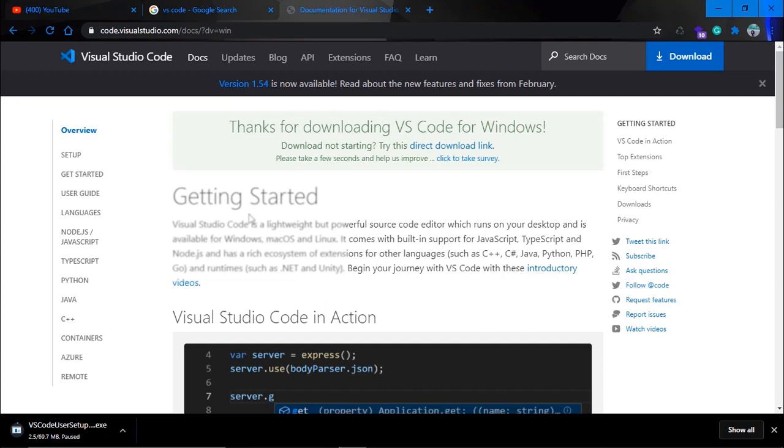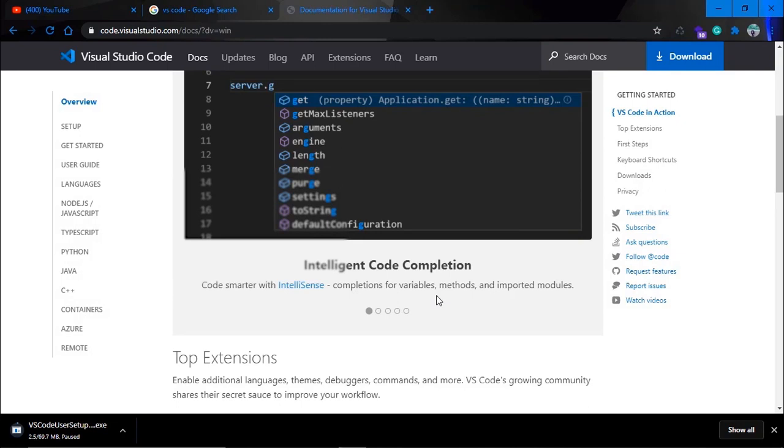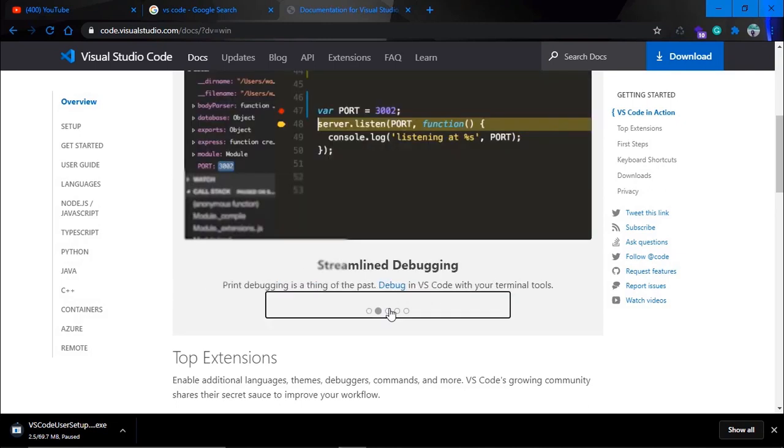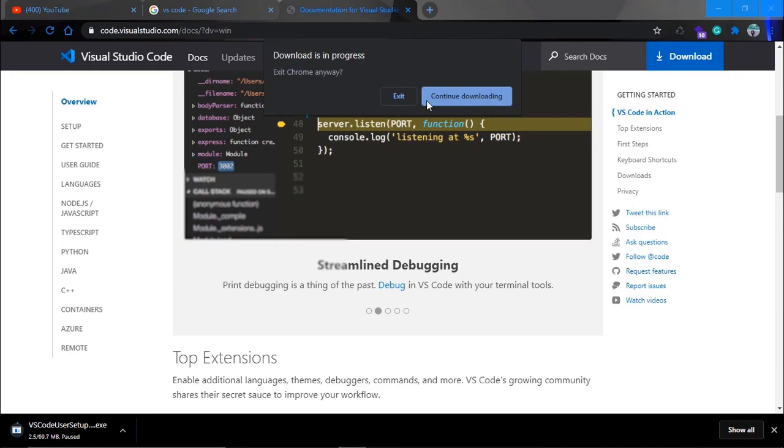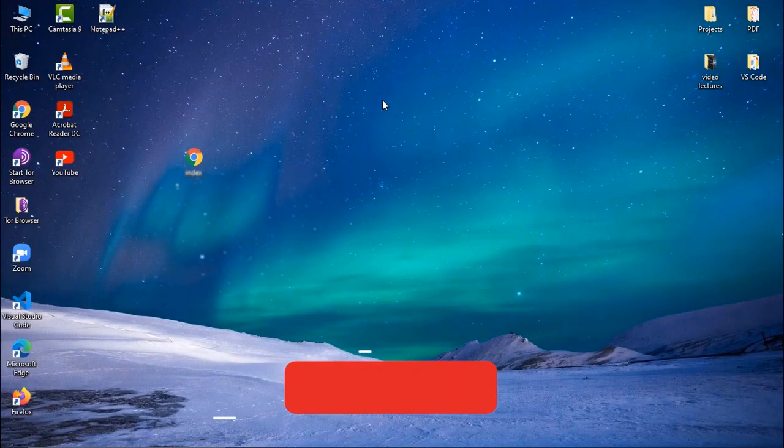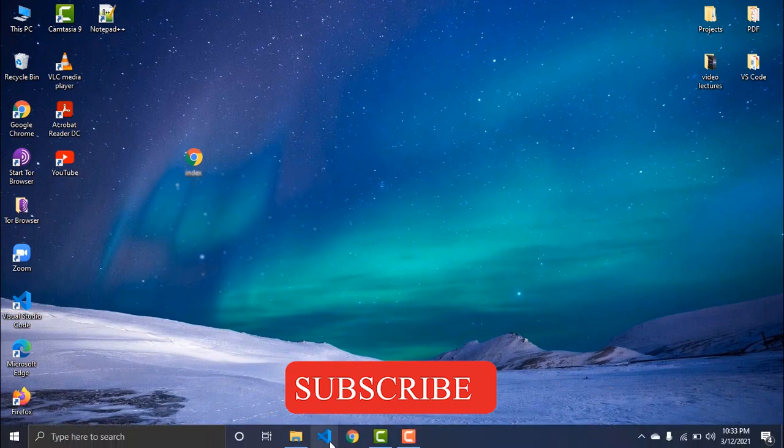But for now, as I have already installed it, I'm going to open my Visual Studio Code, but you guys can install it if you haven't, so you can match with me. And guys, it is okay to use any of the text editors available, but make sure that you can match the flow with me, so you can get the most of these tutorials which I'm making for you. Let's close it now. I'm going to exit. Now guys, if you have installed Visual Studio Code, you're going to open Visual Studio Code,